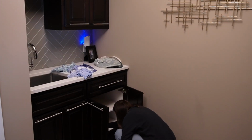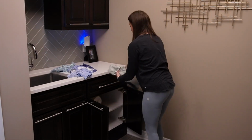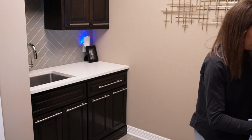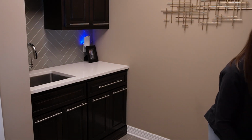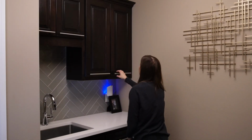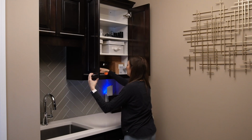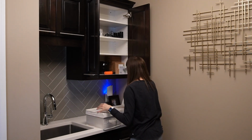Over on this side, this is where I keep back stock of Ziploc bags, toilet paper, Kleenex boxes, paper towels, dishwasher tabs. All of that stuff is in that cabinet. And above is some miscellaneous stuff that Jim mostly manages. There's like some ant traps in there, and I have a little indoor garden that I use a lot of